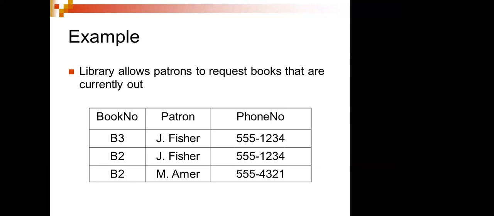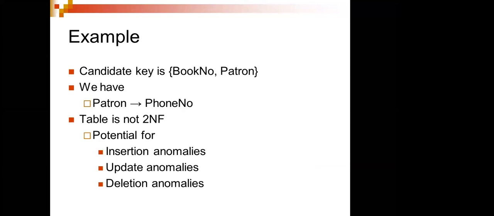So what I'll do: potentially there will be insertion anomalies, update anomalies, and data deletion anomalies. We have seen this kind of problem just now. So we have to see that this kind of thing is done. Then only can we convert the first normal form to the second normal form.